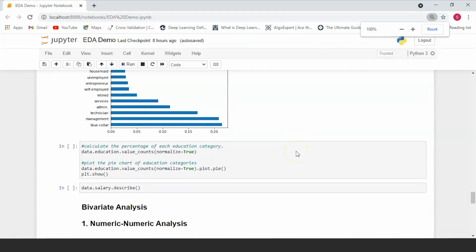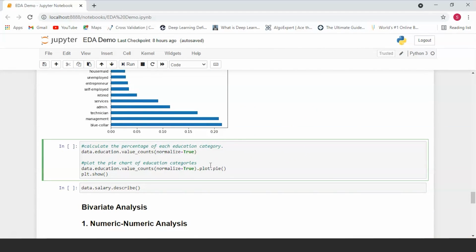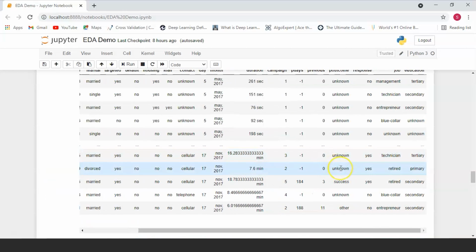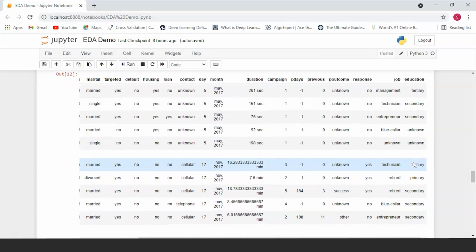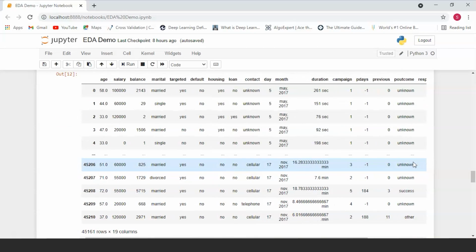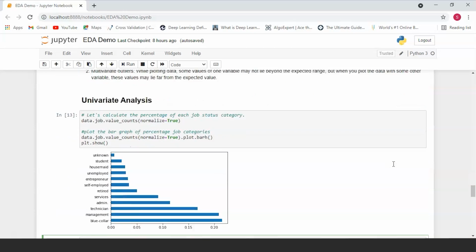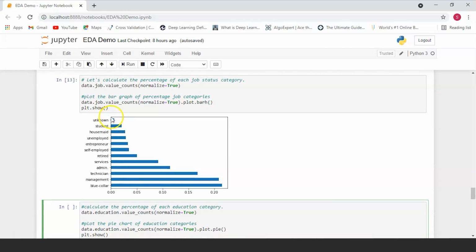So the next column that we are going to be looking at is the education column. This also has a lot of various different values, and these are values which are going to have a huge range in them because we don't really know which values are in it. Now, the values that we've been looking at so far are all categorical. Categorical values are values which belong to a category. So here, as you can see, all of these are different categorical values, and all values in this column will fall only in these categories.